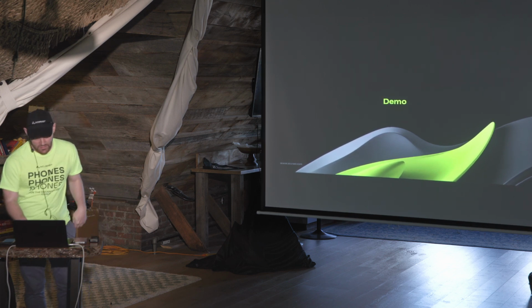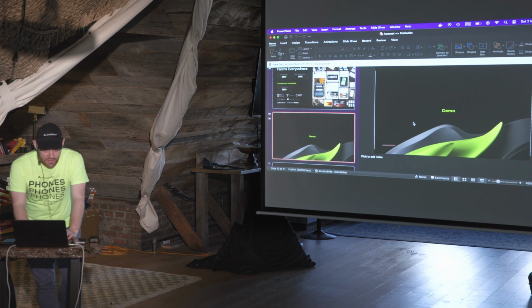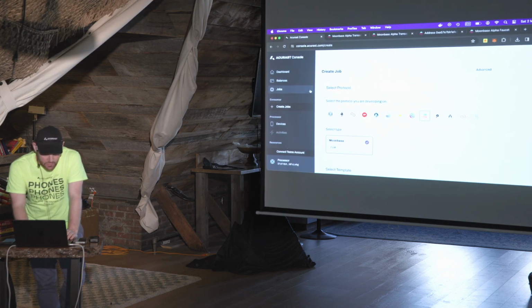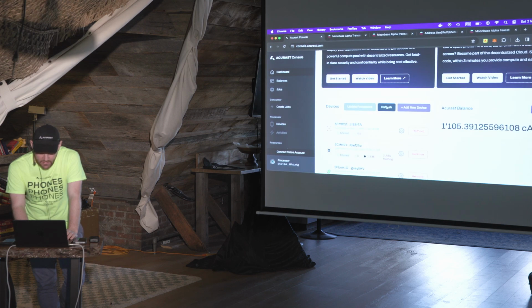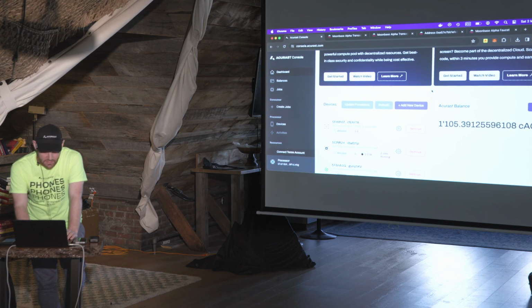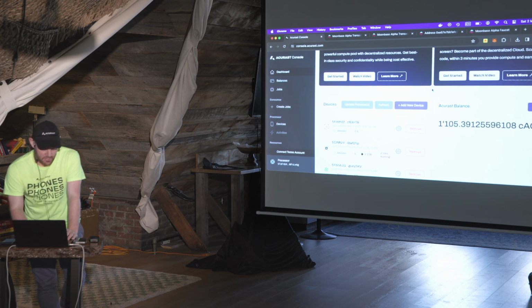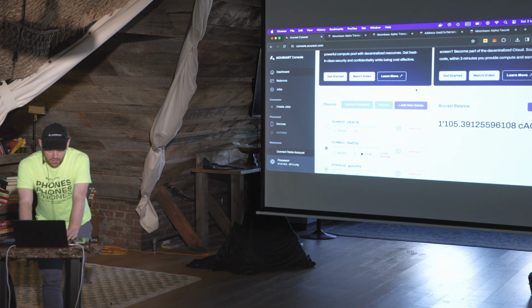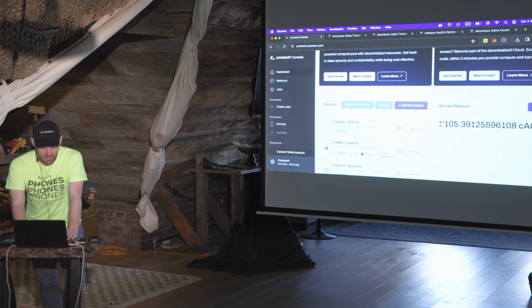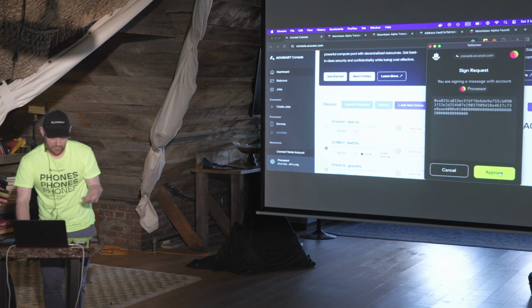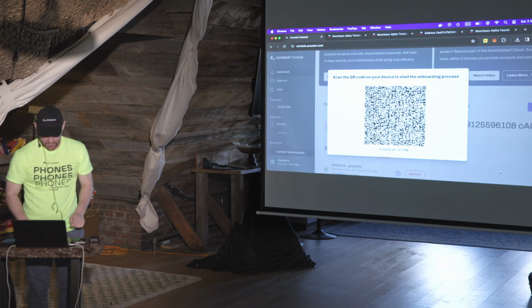Yes. So then let's move to the demo. First of all, I'd like to show you how you can onboard a new device and add it to the network. The setup process is actually quite easy. This is the console that we have, our website, and you basically just need to, at the moment, create an account and download a wallet, connect it to the website, go to our faucet, get a couple of funds. I have a balance here already, and then I click here, add a new device. Then I have to sign something, and I get this QR code.